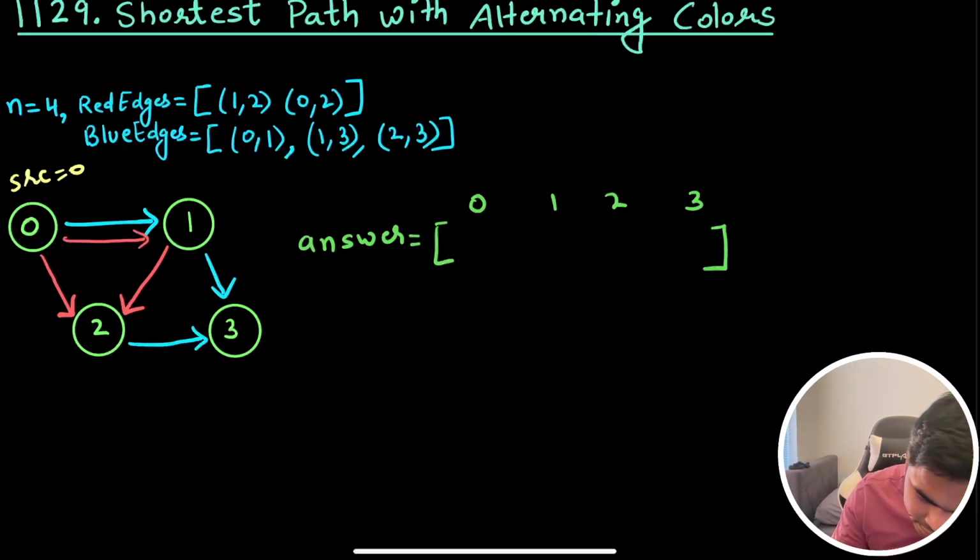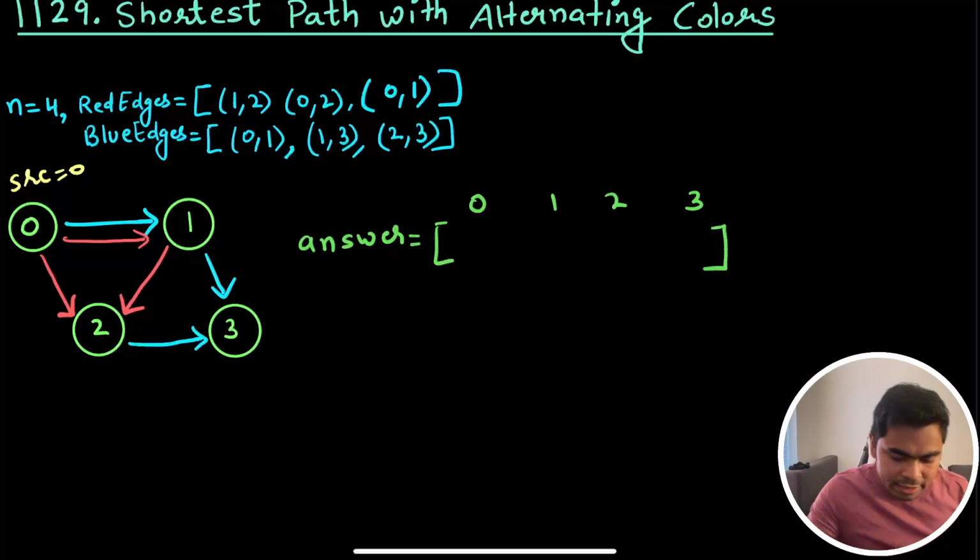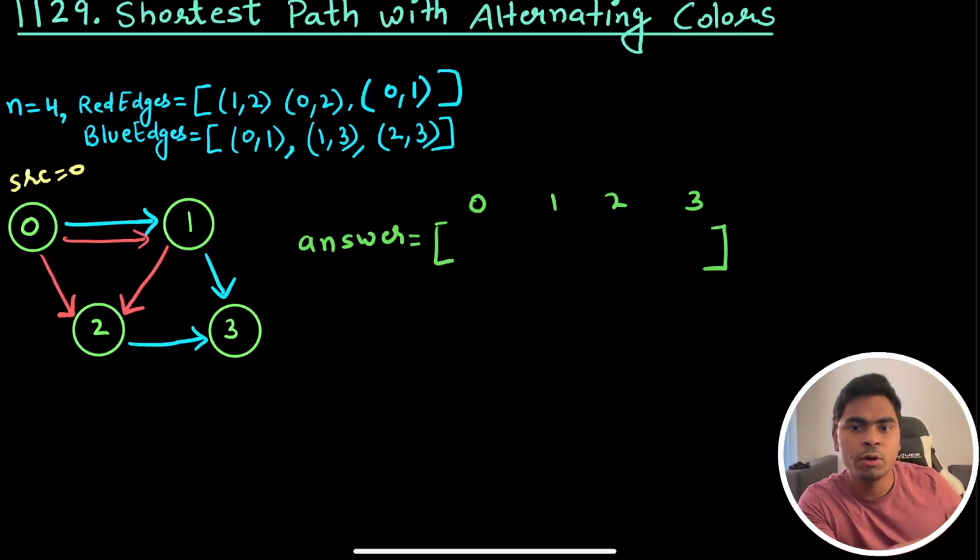So in my red edges right here, as per the definition of the problem, we could also have 0 to 1. And remember, this already exists right here as well. So this can exist in blue and red both. So since I have not taken any other color previously from this position, if I'm trying to visit some neighbor of 0, then I can choose any color, right? So initially we can track that I have not chosen any color, so I can choose any color, either red